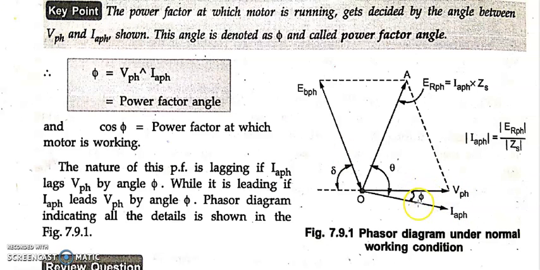So the angle between V phase and Ia phase is the power factor angle phi, the angle between ER phase and Ia phase is the internal machine angle theta, whereas the angle between EB phase and the reference phase is called delta. So all three have different names. Please don't get confused. Delta is the load angle, theta is the internal machine angle, whereas phi is the power factor angle. This is the analysis of the phasor diagram for any load condition. This is a general diagram. For different load conditions, delta, power factor and theta get changed.